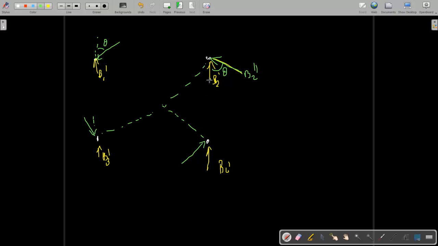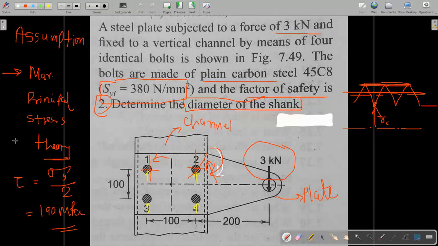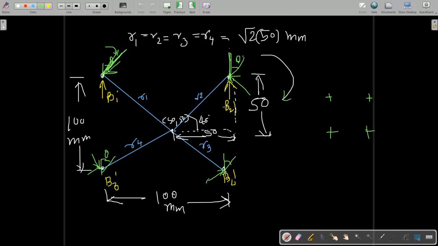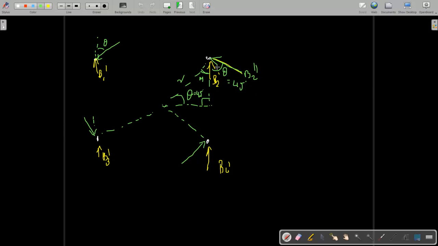And how to find this angle, at which angle this is acting? So here the theta, you have found out 45 degree, and this angle is 90. This is 90 minus theta, 45, and this radius and this force are both perpendicular, and one angle is again 45, so the remaining angle is again 45. So here you have found the secondary force and its direction. So we have completed step number 1: first finding out the primary force, then CG of the system, and secondary force in their direction. Okay, and with angular inclination.